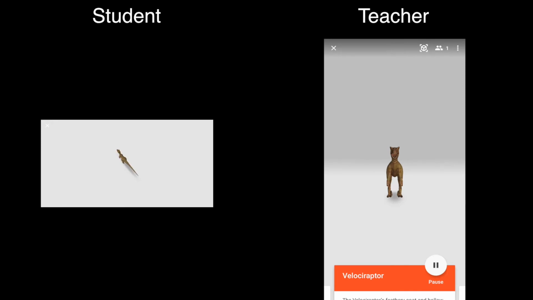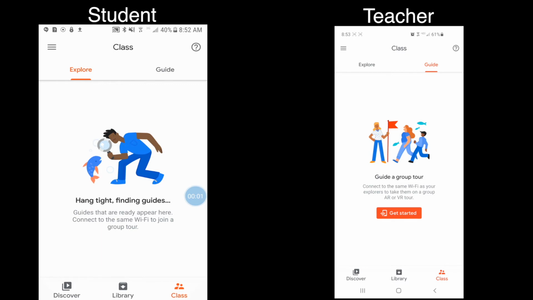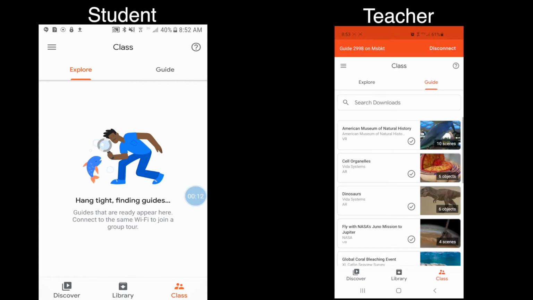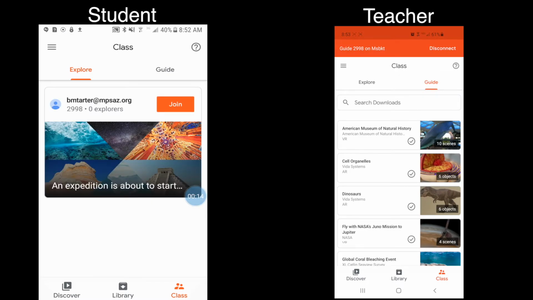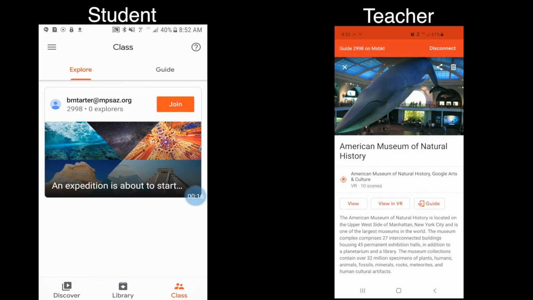Now let's take a look at a virtual reality guided tour. Now we're going to take a look at leading a VR tour inside of Google Expeditions. To get started on my teacher device, I'm going to make sure my students are on the same Wi-Fi as I am. I'm going to hit Get Started. Then I'm going to select the tour I'd like to lead. Once I've selected my tour, I'll hit Guide,